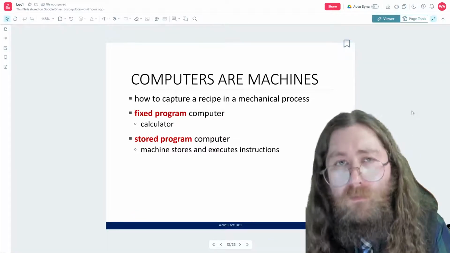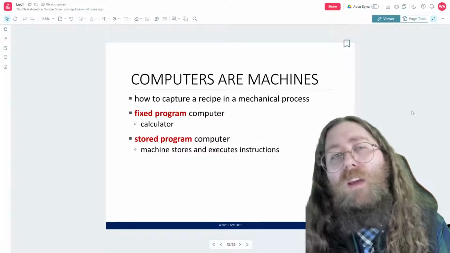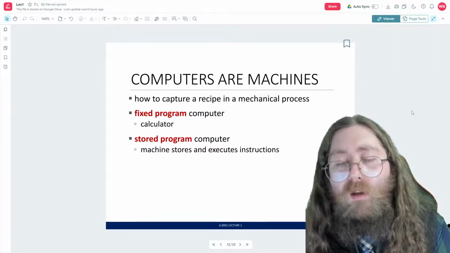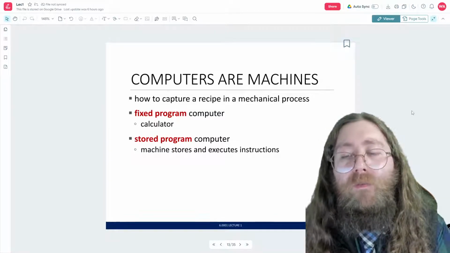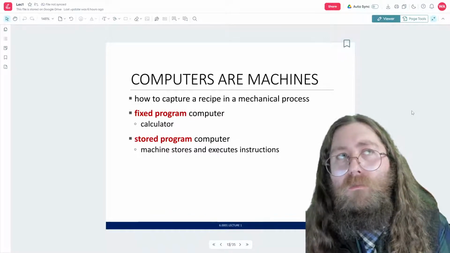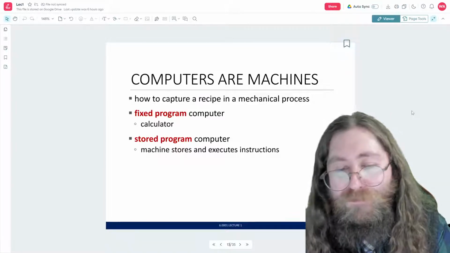So computers are machines. Now, you might not think of it as a machine because the mechanics of that device are so small and so abstract to us, but computers are just tools that have mechanical processes going on in them, electromechanical processes, some magnets in there too.